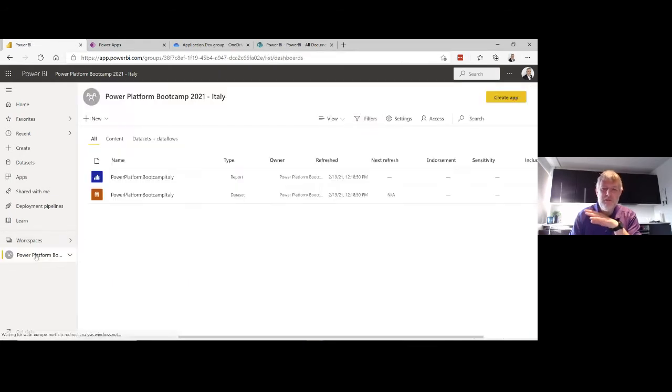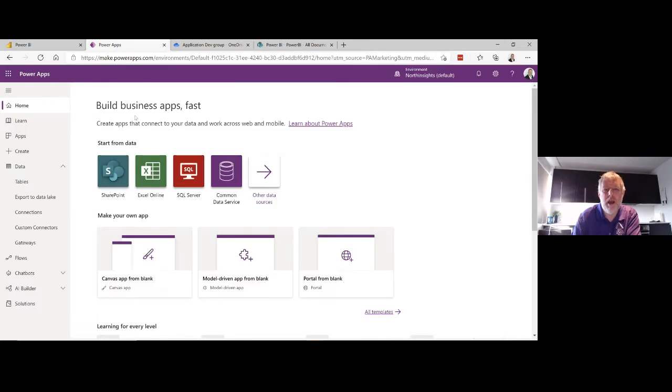Okay, so that was the basics. Now we have the SharePoint file, we have the Excel file, and we have the Power BI. Now let's do the integration, do the fun stuff. To do that, I'm going to go to Power Apps, and this is where we're going to create our app. If you have not tried out Power Apps before, it's very intuitive up to a certain extent.